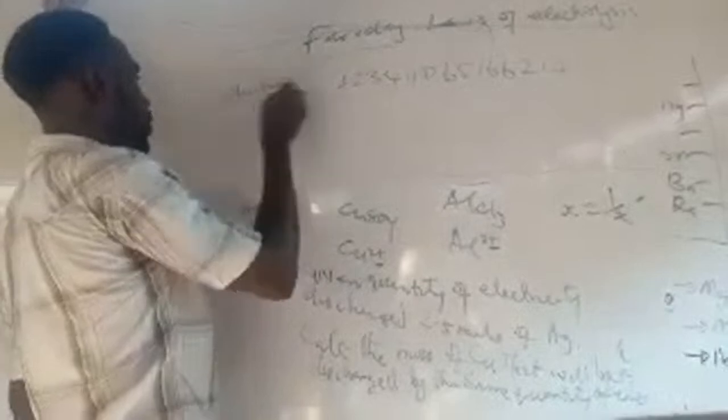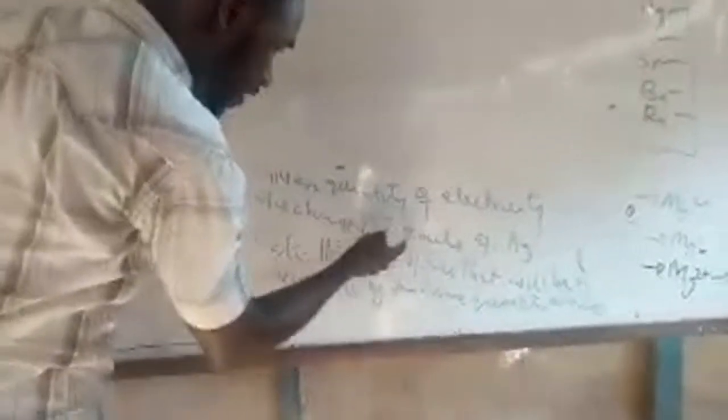Now, the question says 2.5 moles of silver was discharged. They now ask you what mass of copper will be discharged by the same quantity that discharged 2.5. Solution to this: first, you have to grab your first law, and before grabbing that, you should know that there is a difference between mole and mass. Class, look at it. They said 2.5 moles, and now they are asking you mass.